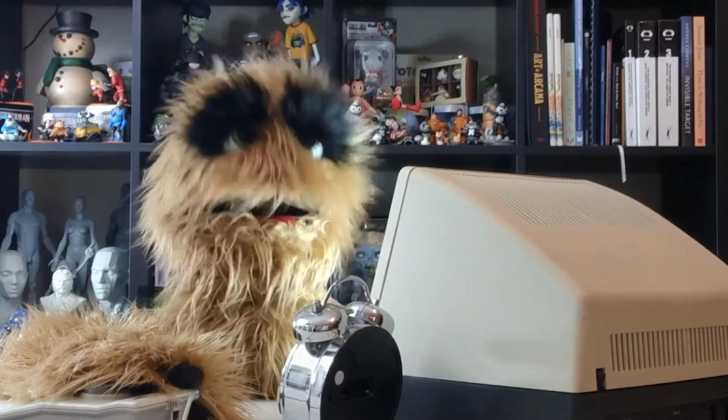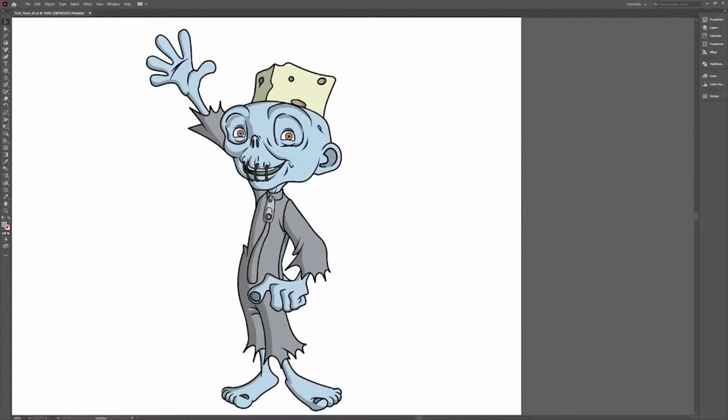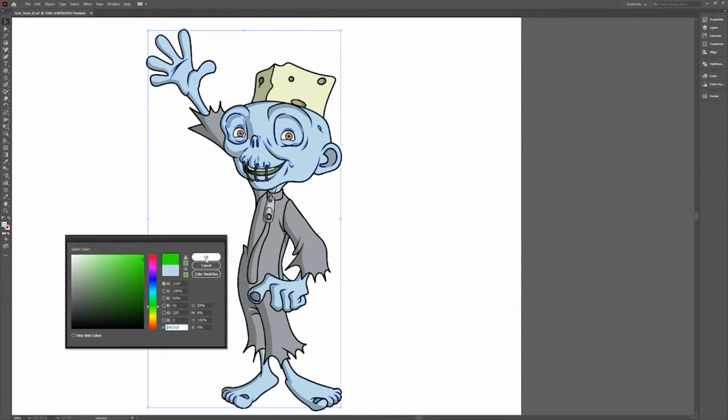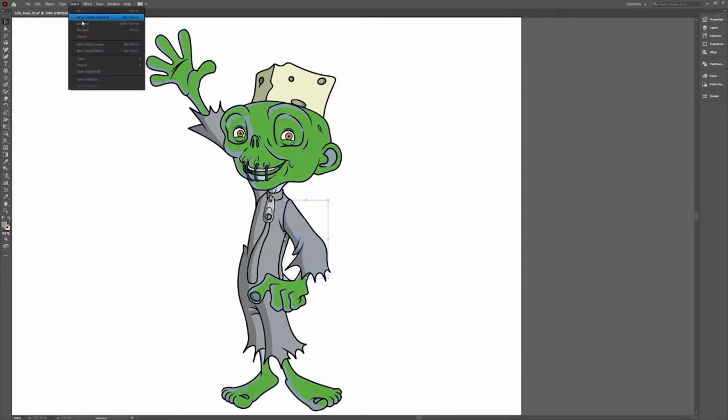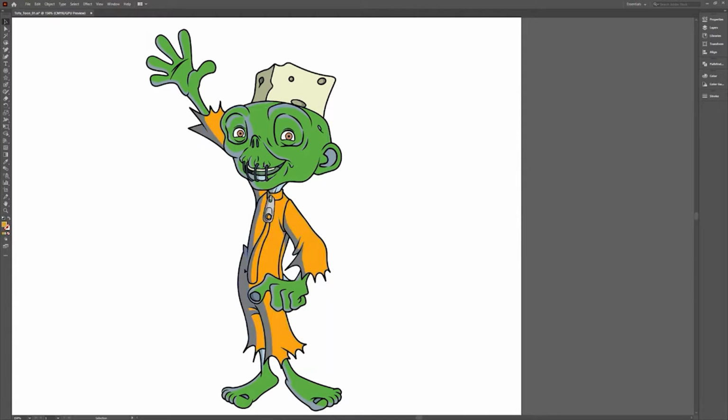Floyd here with a quick introduction to the Select Same Fill Color option in Illustrator, which will select all objects with the same fill color. To use, start by selecting an object, then choose Same Fill Color from the Select menu. All objects that use the same color will be selected, making it easy to edit the color for all those objects. Be sure to experiment with the other Select Same options such as Fill and Stroke Color to speed up